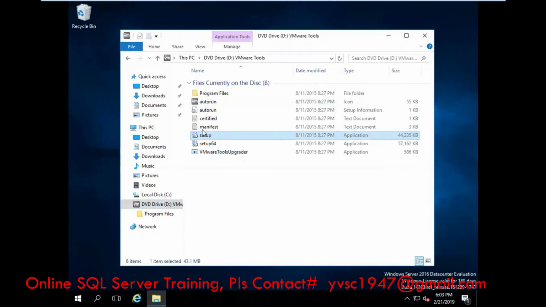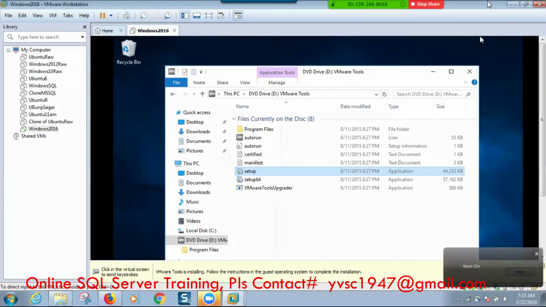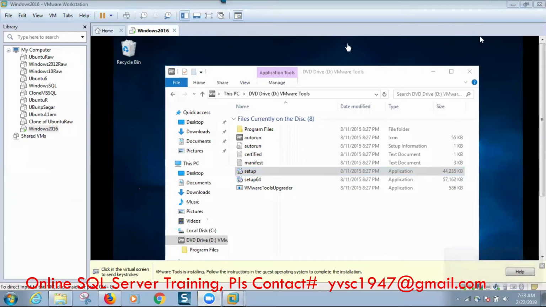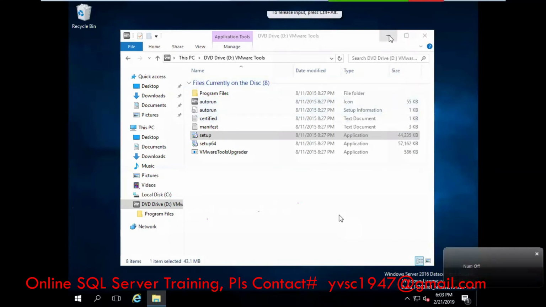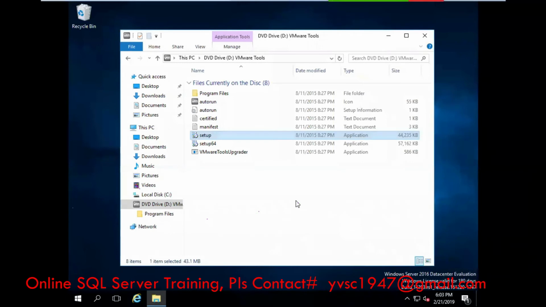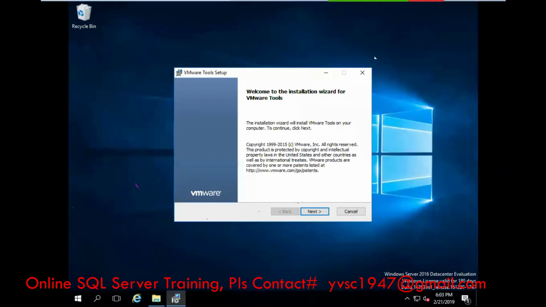Are you able to follow? Right? Yeah. See VMware Tools, just to overcome these black screens, all those things.